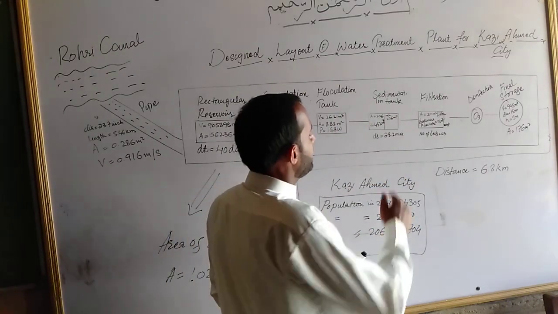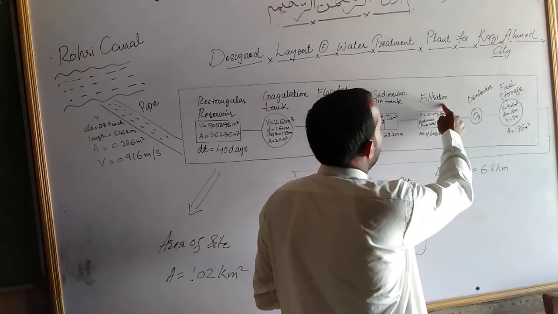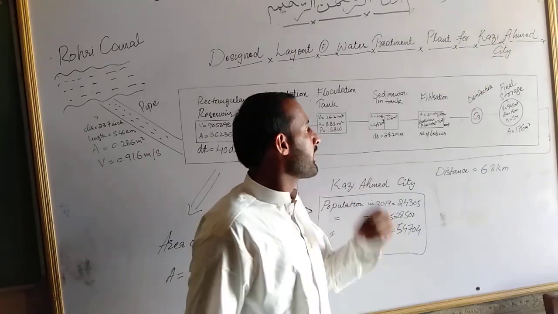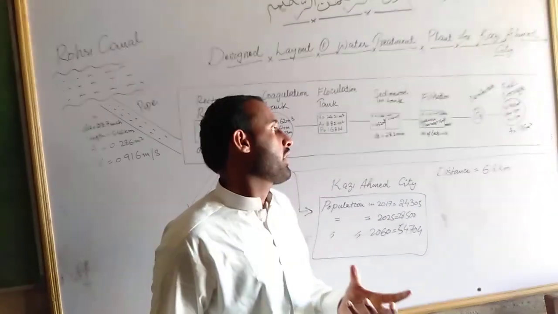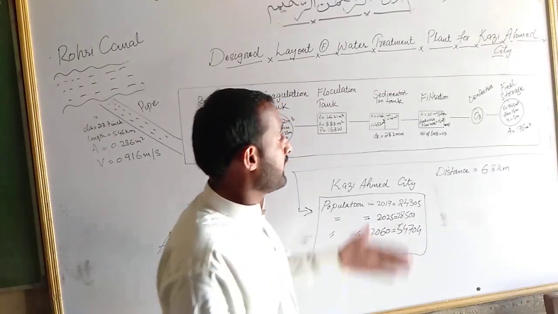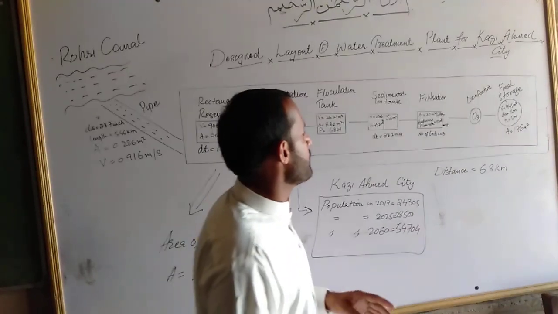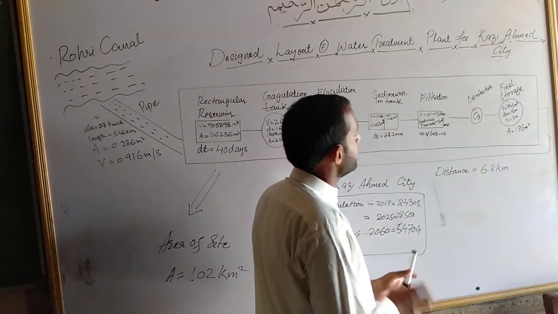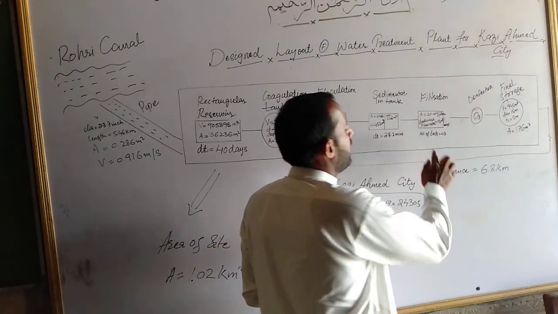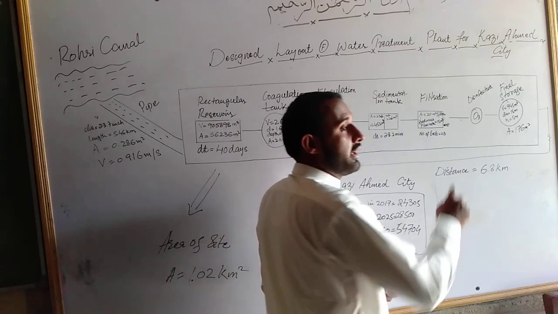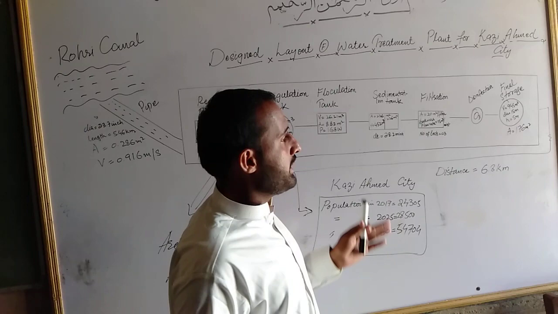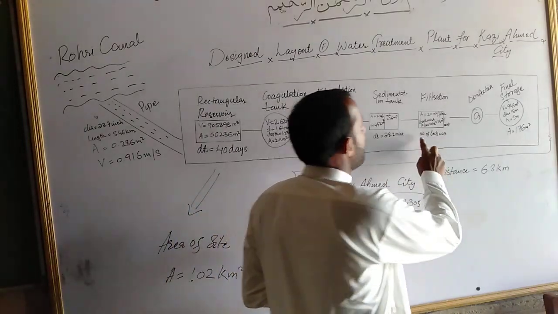be separated from the water. And then water from here comes to the filtration unit, where any remaining or residual constituents of water should be removed by using a filter media, so they can be filtered easily. A filter box is designed in a way that its area is 20 meters square per filter, and we are using 3 filters, and this is also a calculated value. This is not just an assumption. We have gone through each and every calculation to find that the number of beds required is 3.